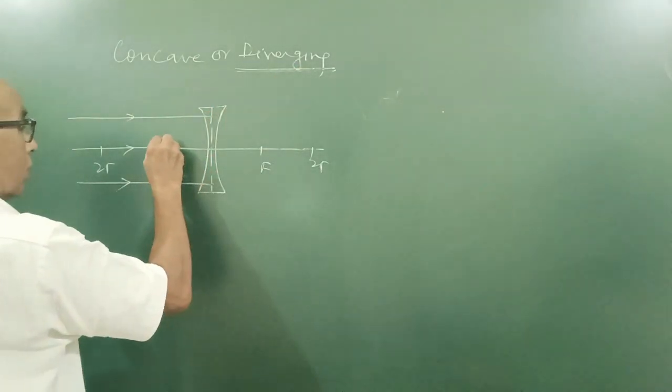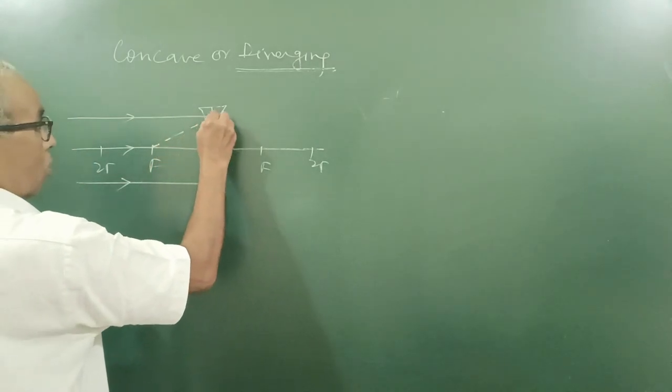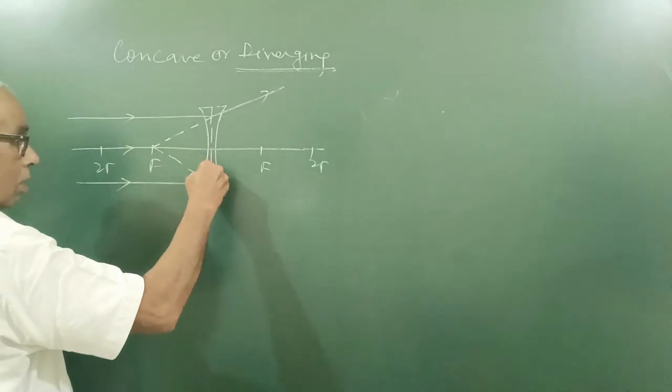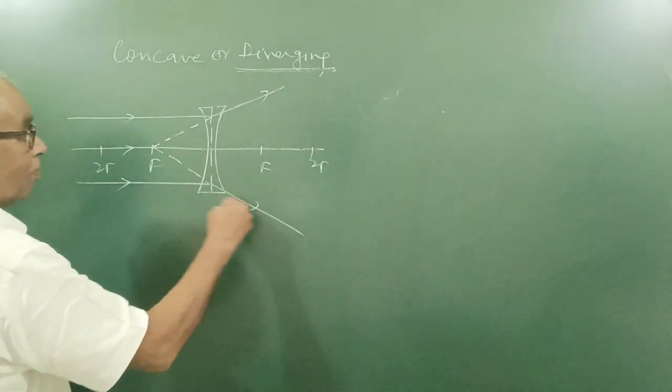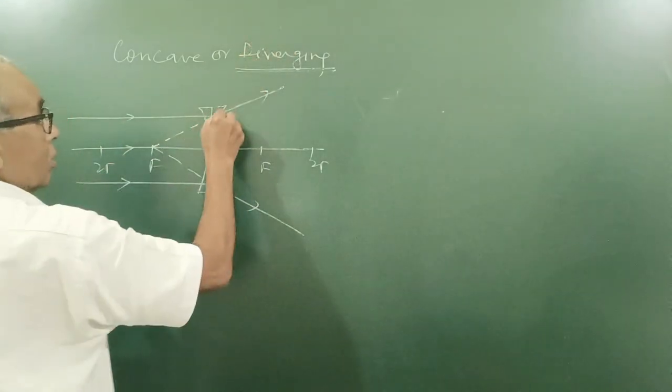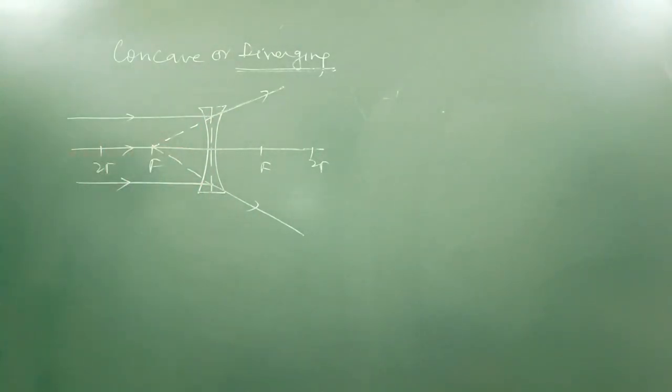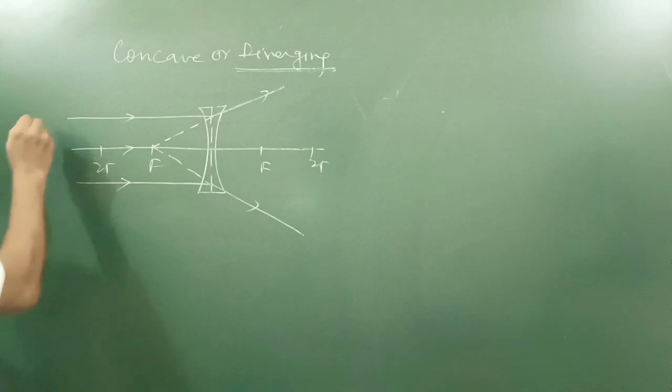First join this here, और then produce. इसको भी यहाँ मिलाओ पहले. Otherwise, what happens? You have drawn like this, it will have not appear to come from focus. So when object at infinity,